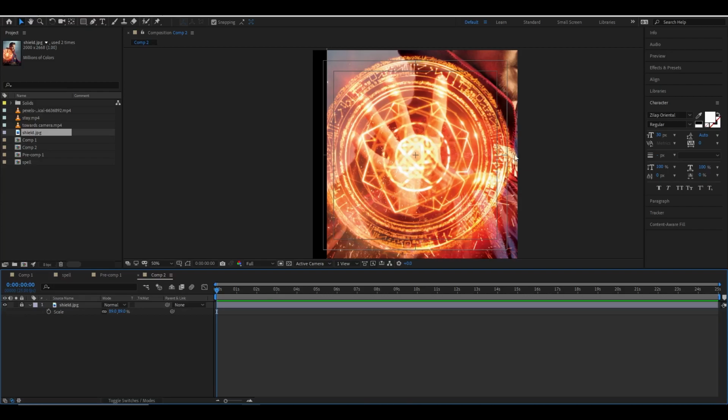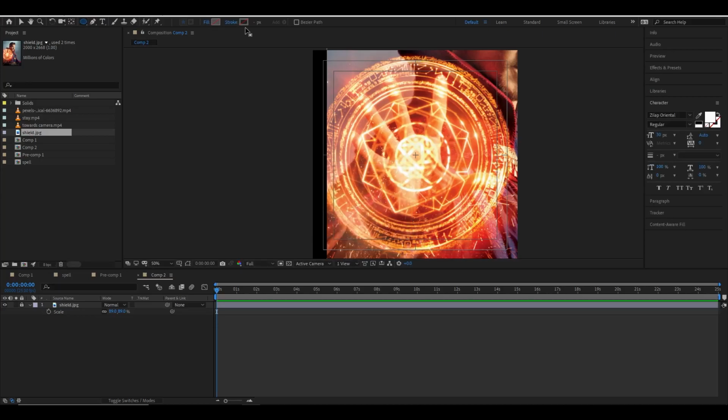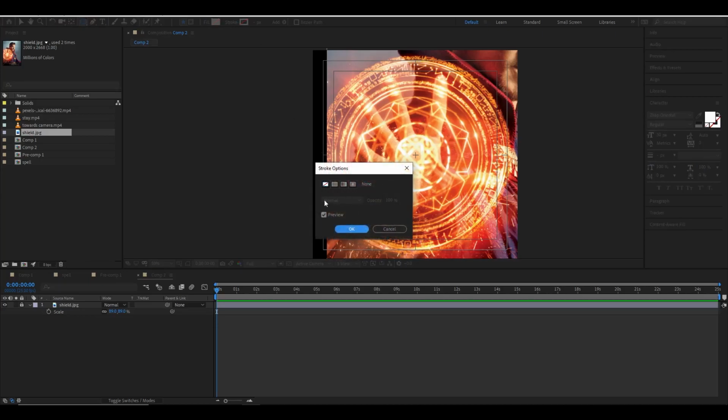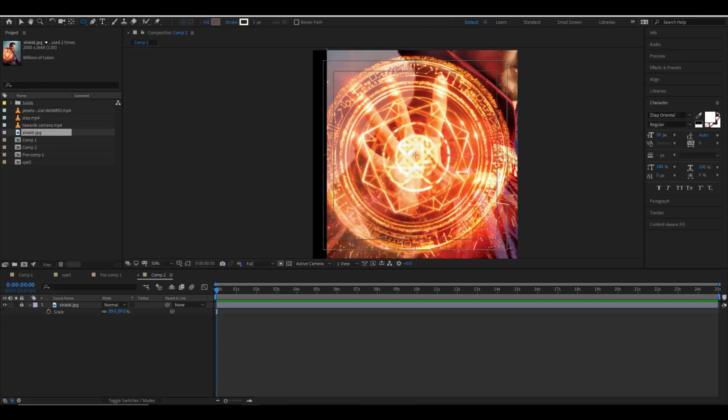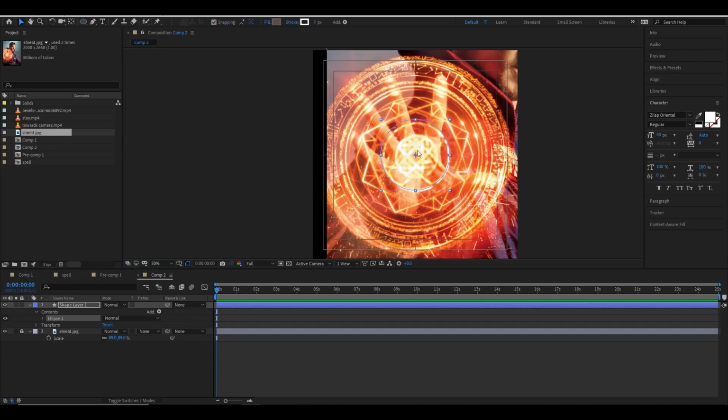To create this, we need some shapes over here. First I need the circles to create these effects. So for that, simply click over here and then deactivate the fill option, as I need strokes only. That's why I will click on stroke and activate this. Now simply click over here, press Ctrl Alt and Shift to align it to the center, and then create a simple circle. And now I will align it over here, and let me activate the snapping